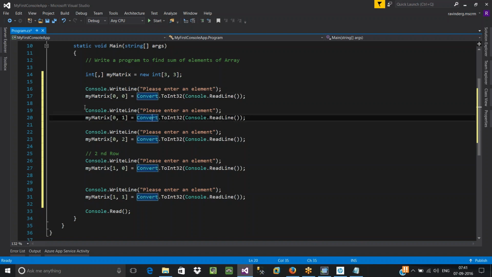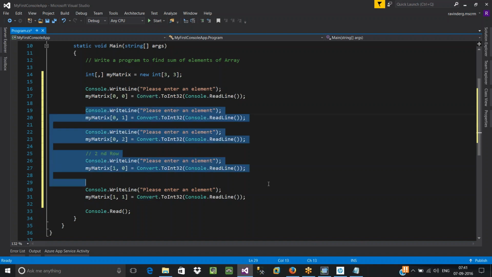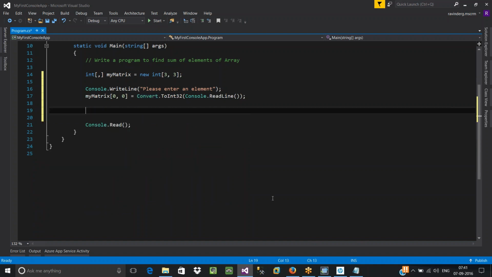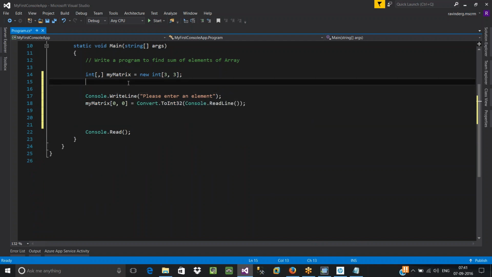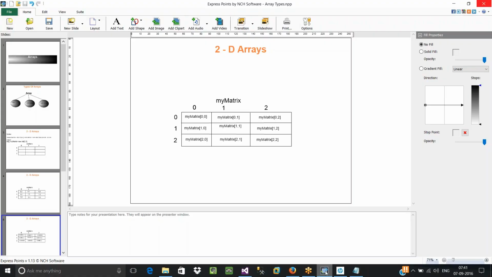I would like to write it only once, and that execution has to be repeated at different times based on my requirements. So how to repeat this execution? See, here our collection has 2 different dimensions, rows and columns. Try to understand the logic. Many people will get confused over here.